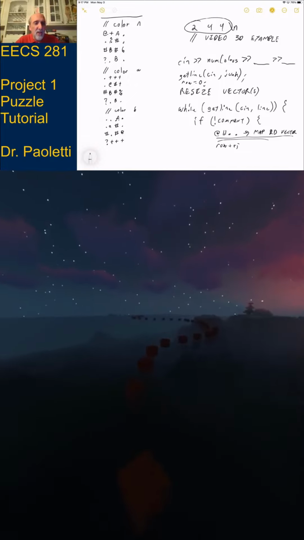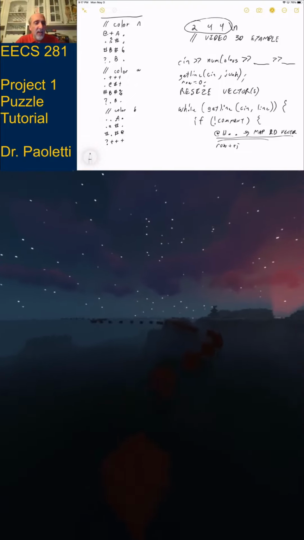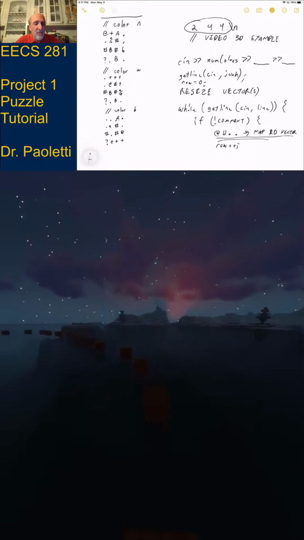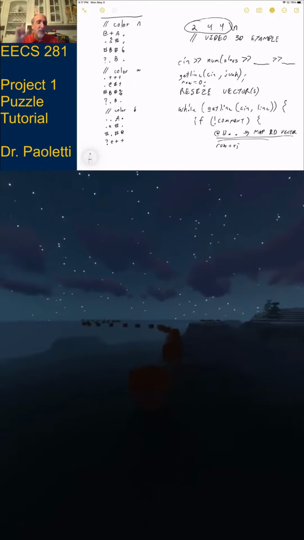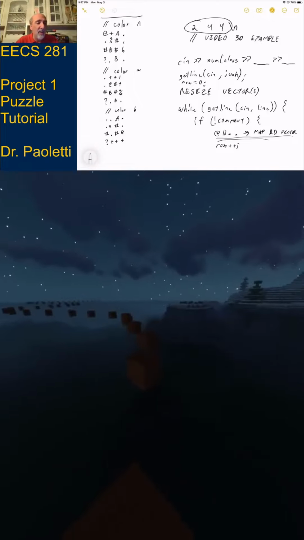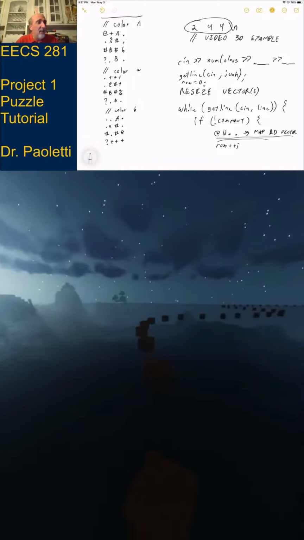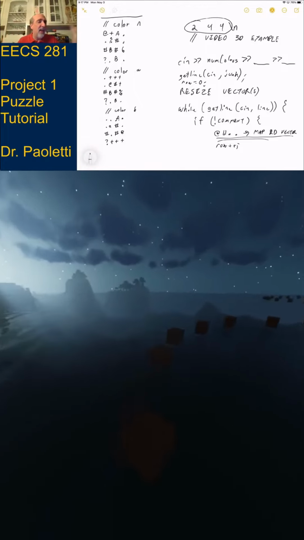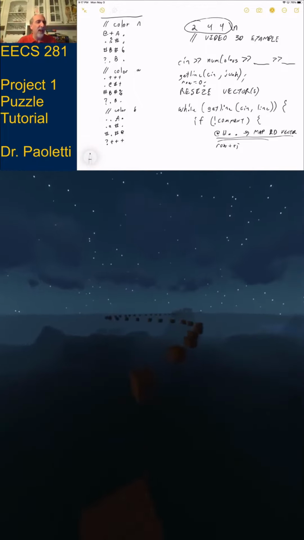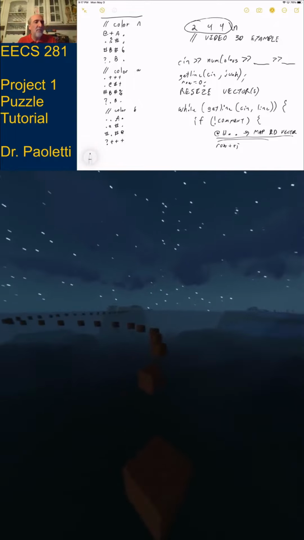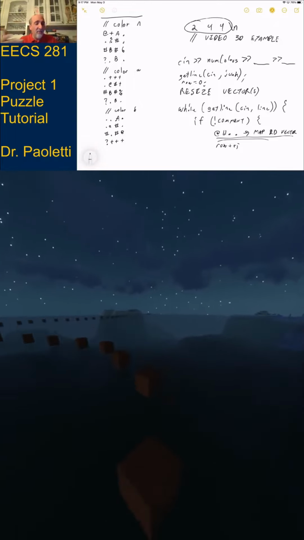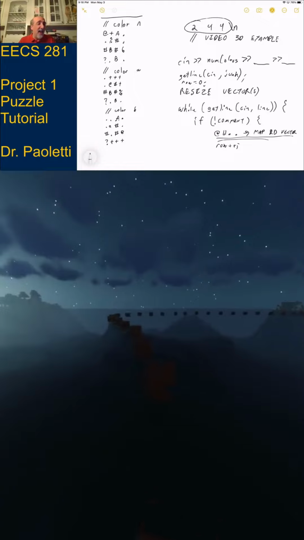Okay, other tips. Like I said earlier, have a function that says, hey, here's a color and here's a row and column. Tell me what I am looking at. If I'm in lowercase a and I'm looking at a row and column that has a capital A in it, what that function should really tell me is you're looking at a dot.